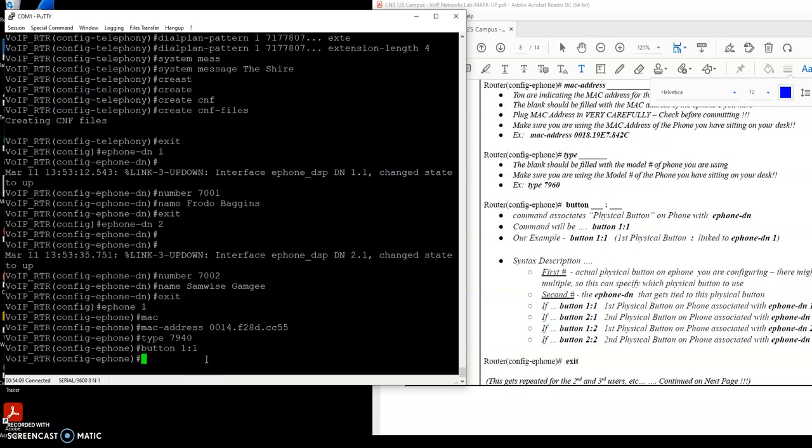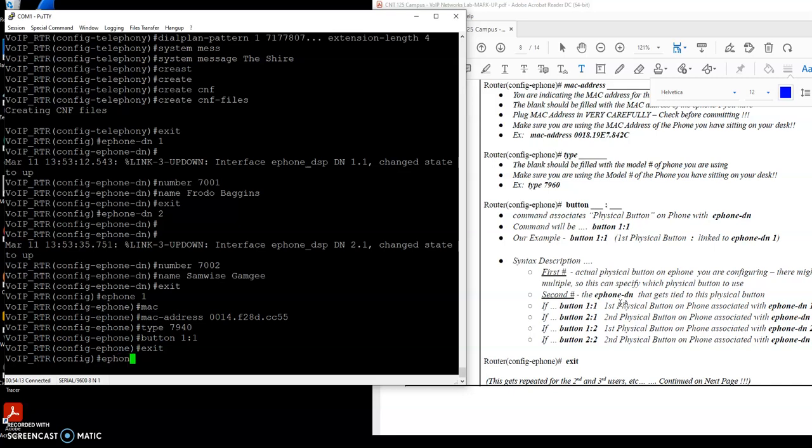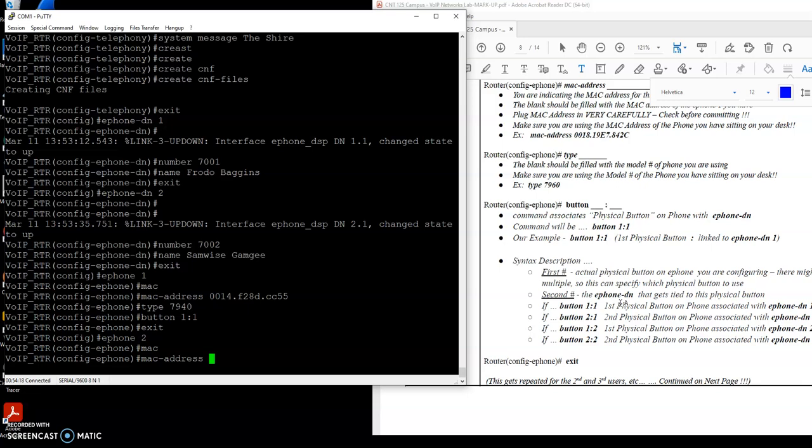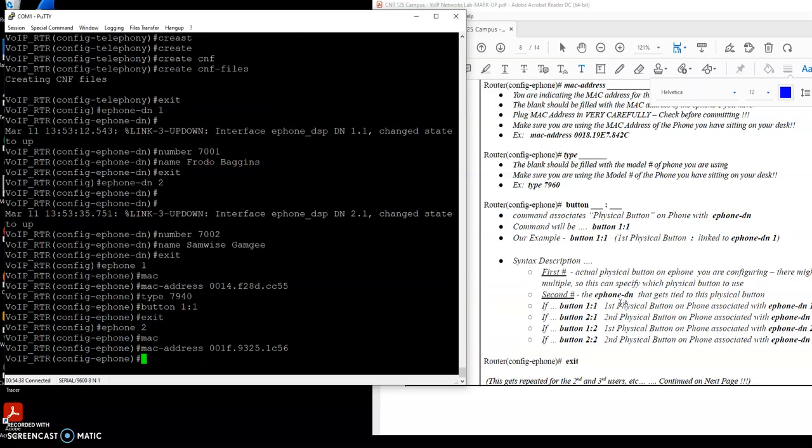All right. So there is my first phone plugged in. I'm now going to do ePhone 2 MAC address, and I'm going to get it off my notes. 001F. Again, make sure you're using yours. 9E25.1C56. I'm going to double check it. Again, make sure you're using the MAC address that you took notes on. 001F.9E25.1C56. We need the type here, 7940,